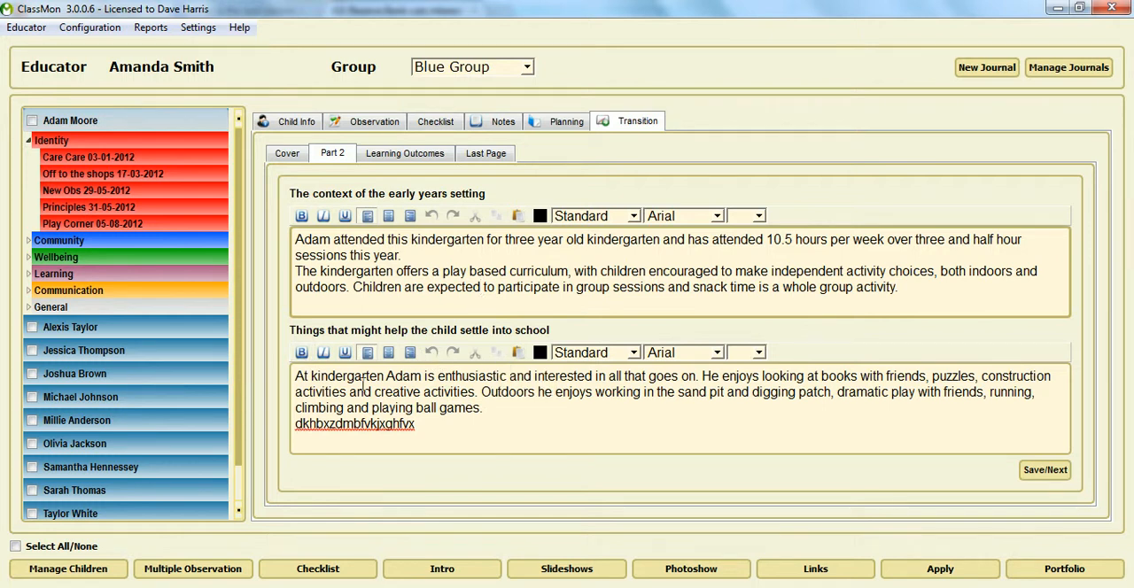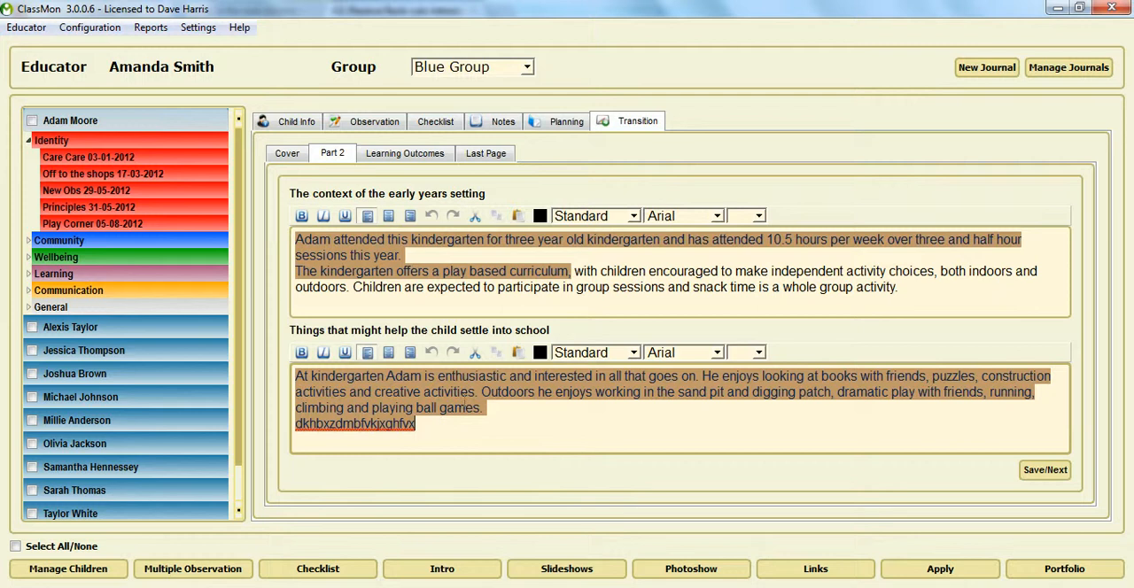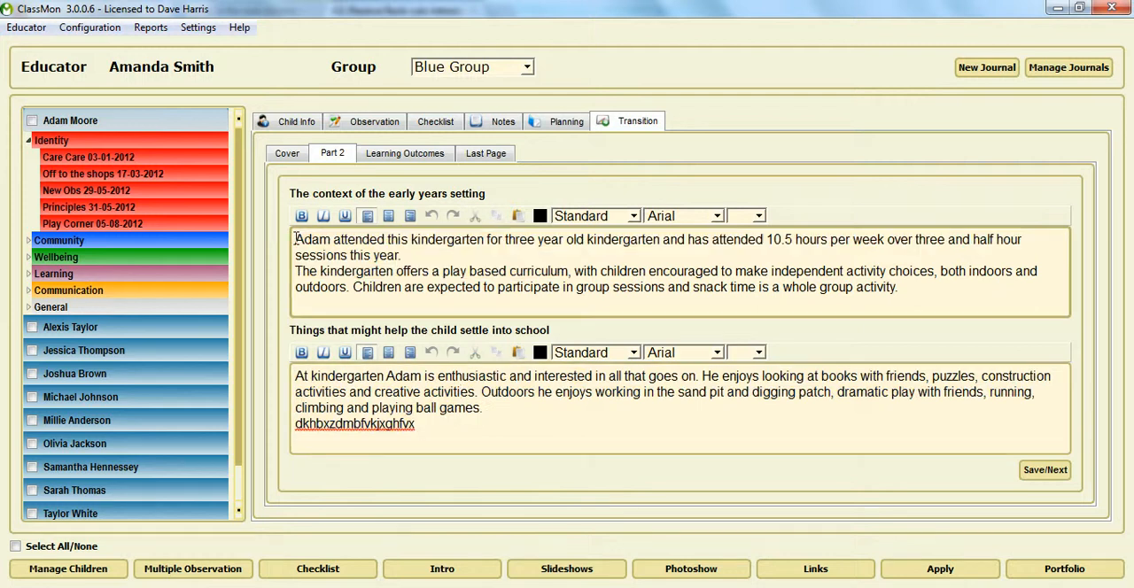into school. Now, when you do your transition statements for each child, you can write individual comments in each of these fields. But usually, this field, the context, is one generic statement for all the children in the group. So rather than copy and paste it into each box, you go to Settings, School Center,